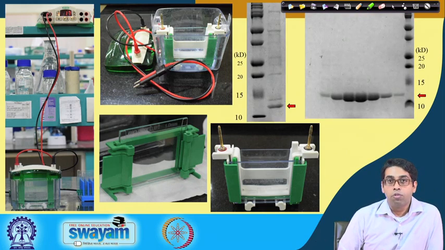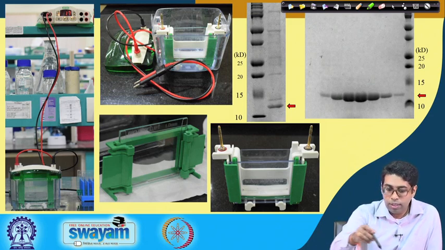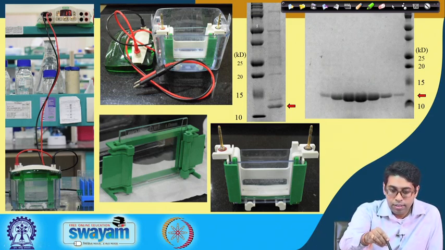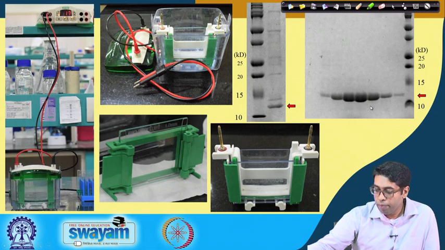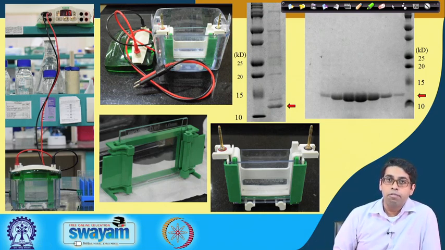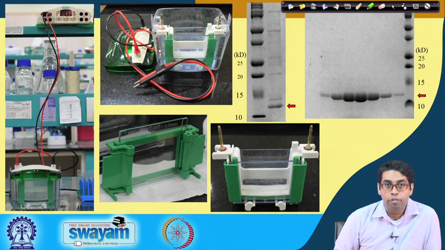So, once the gel is run and once we stain it, it would look something like this. This is a typical molecular weight marker that is used, where these different bands correspond to different size proteins, and from that we can tell what is the molecular weight of our protein. So, this protein will be somewhere between 10 kilodaltons and 15 kilodaltons, and sometimes when we purify a protein, we can tell that our protein is highly pure and there are no other bands in this gel. So, we can determine the purity of a sample, and we can also roughly estimate the molecular weight of a sample.